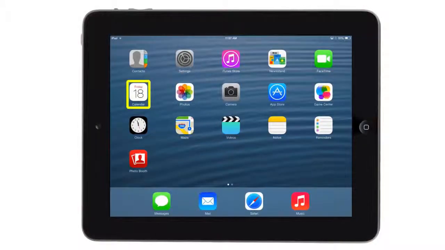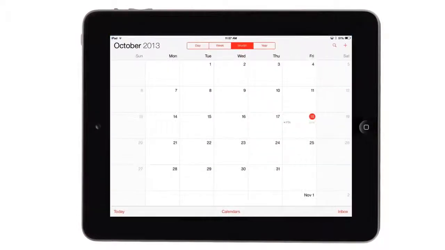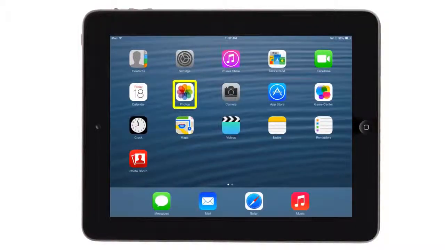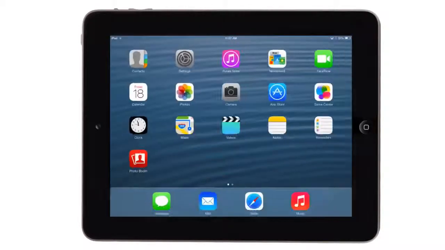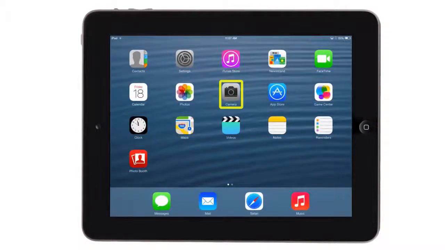Let's check out the Calendar app. This app does exactly what it says, but there are a great set of features designed to make inviting and scheduling appointments easier. We're going to cover this also in our iPad Beyond the Basics course. The Photo app is next, and it's the place to go to review any photos or videos that you have already taken. Well, moving along, we can see the Camera app. You can use this to take still photos or record video. There are some great tips on how to use this app and the classroom application of this that can be found in the iPad Intermediate course.